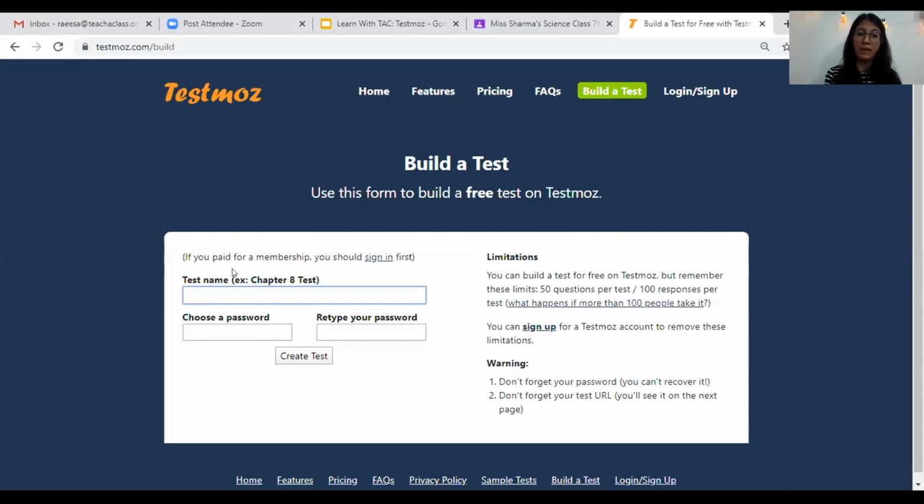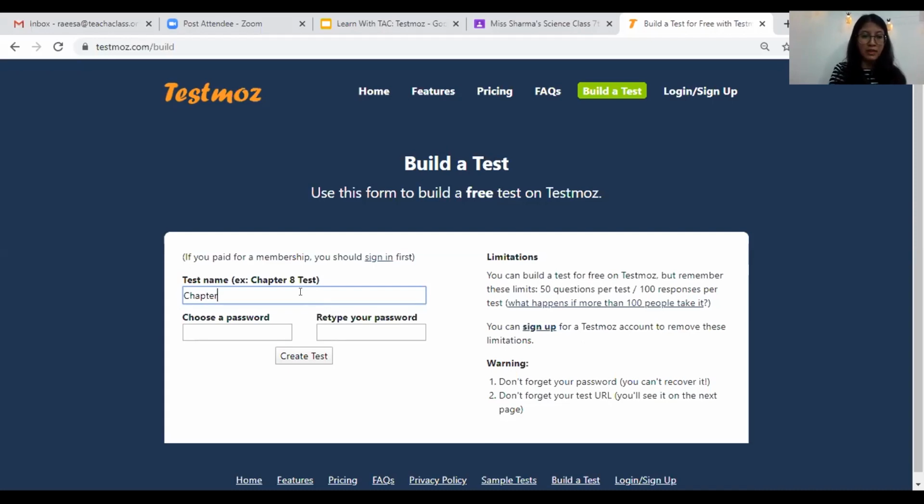Now, the paid membership will cost you around $50, which is 3,700 or 3,800 Indian rupees. So you can pay $50 to get the paid version. But like I said, this is the free version. So let's see how the free version works. For the test name, I'm going to select a name which my students will also be able to see.